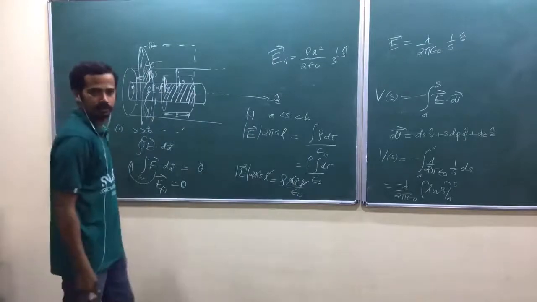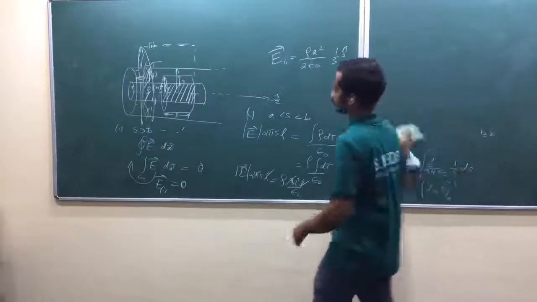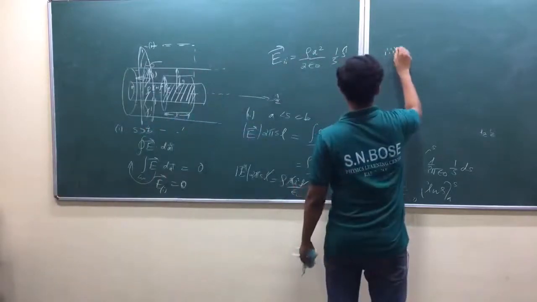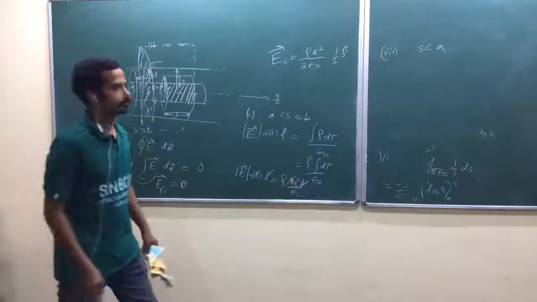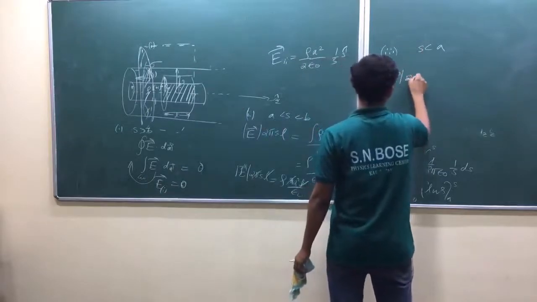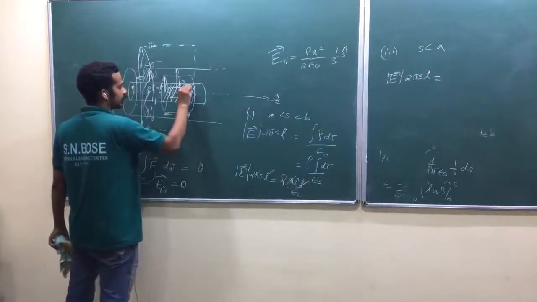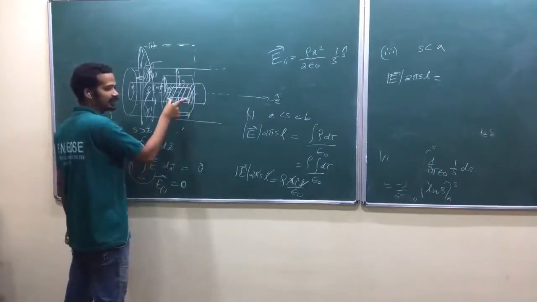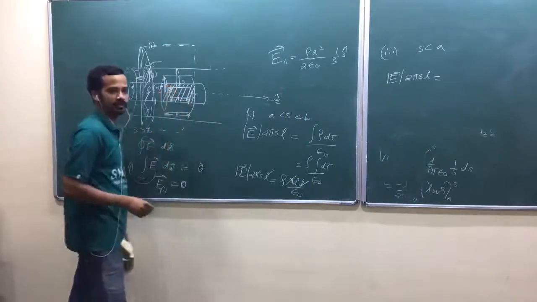Question. So what is the third region? Third region means when S is less than A, inside the inner one. Now again, if you apply Gauss law, E bar 2 pi S into L, this part will be same. Now you have to take a Gaussian surface inside the inner one of length L. Don't ask question. This is L, this is also L. Okay, that's your convenience. And again, axial distance S.